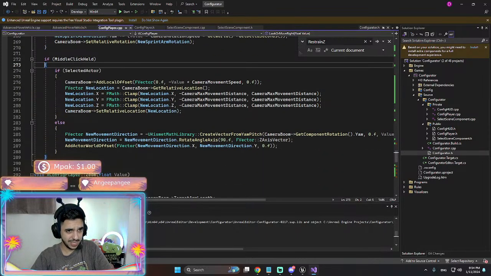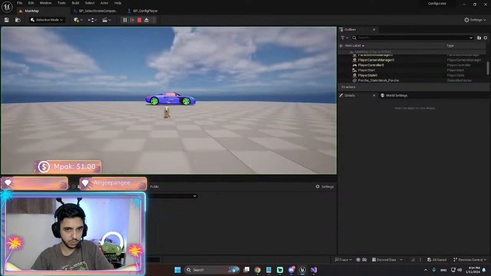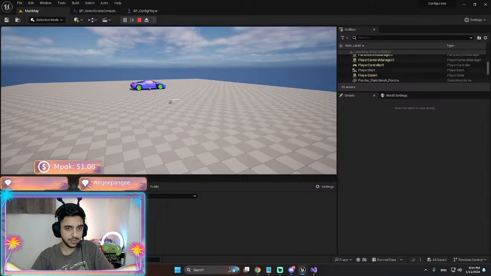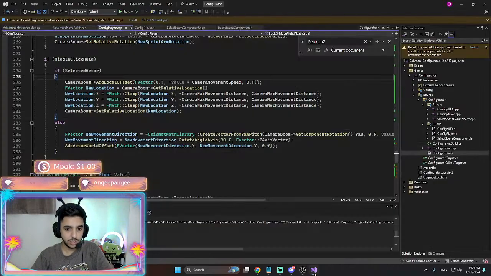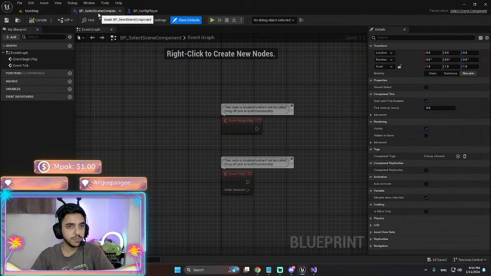Middle click held. Yes. Select it. What if I select an object? Yeah, that's a good question. I still can't. Shit. Is it because of